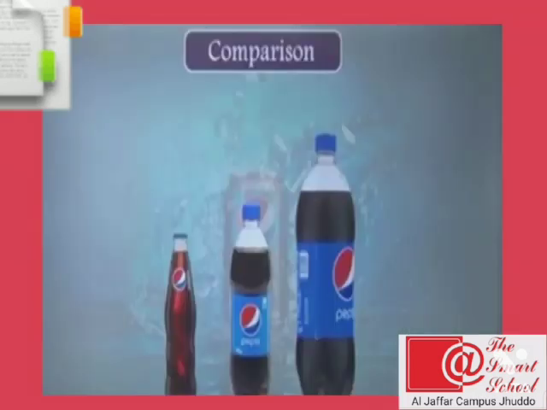Now let's compare these 3 bottles of cold drink. What do you think? Do these hold the same amount of liquid? Not really. The first bottle is bigger and the last one is smaller. So the last bottle holds the least amount of cold drink and the larger bottle holds the maximum amount of cold drink among all these 3 bottles. So you can see as the size of the container increases, the capacity of the container increases. As a result, the bottle holds more liquid or more cold drink.